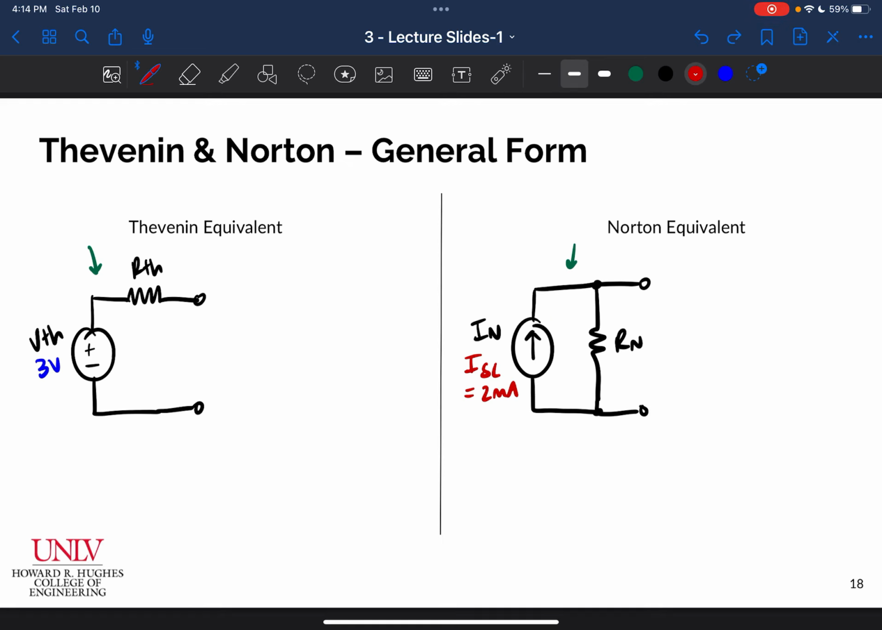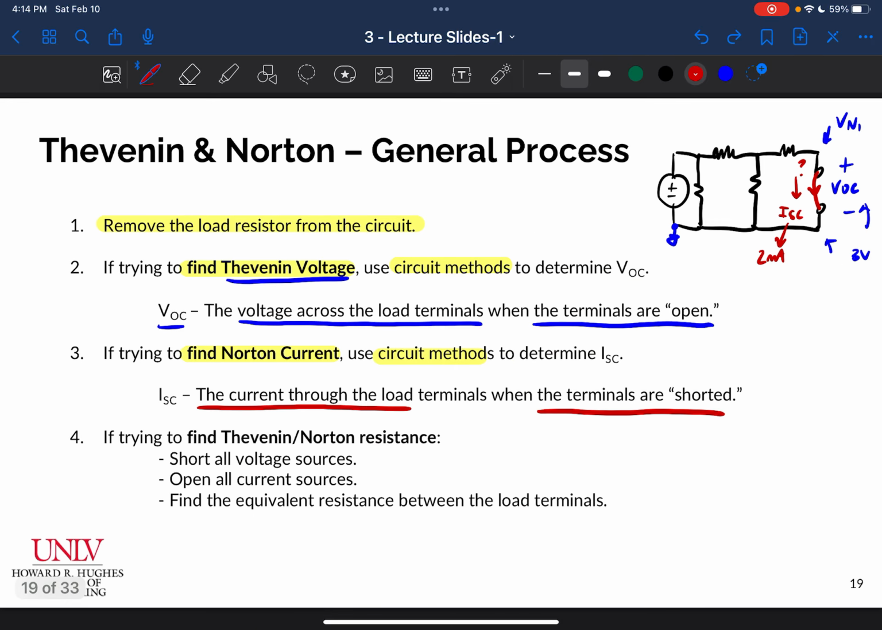Okay, so that's the Thevenin voltage. Short circuit current is the Norton current, and the last thing is the Thevenin/Norton resistance, and that is the last step here. If I'm trying to find the Thevenin-Norton resistance, what do I do? I short all the voltage sources I have in my circuit. So I would put a short right through this one,